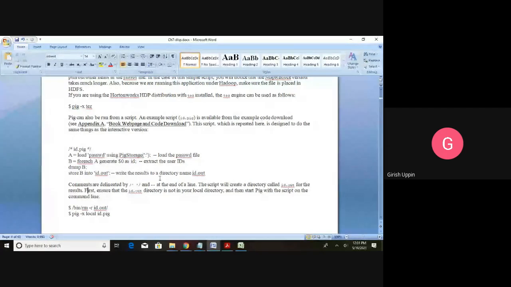Similar to other languages, comments are opened with /* and closed with */. That is one way of using comments, and the other way is hyphen hyphen. So this is the way we can provide comments inside the scripting language.